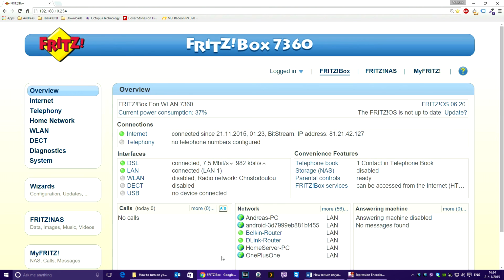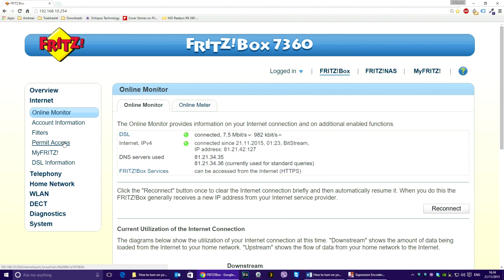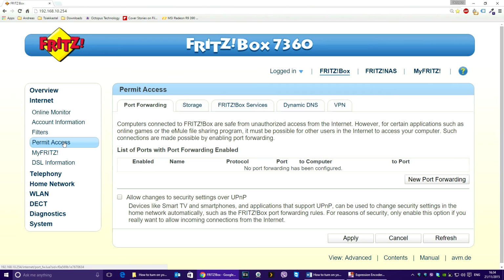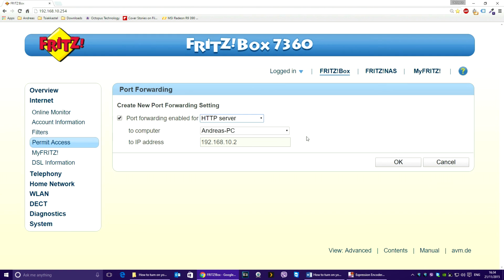The router that I have is a Fritzbox 7360. Click on Internet and click on Permit Access. Click on New Port Forwarding to add a new port. From the Port Forwarding Enabled For option, select Other Applications.